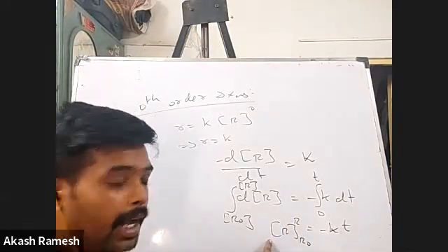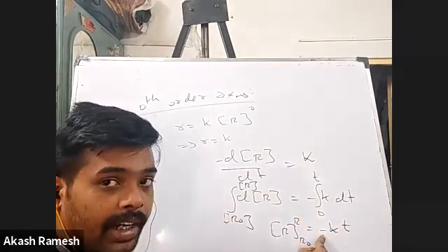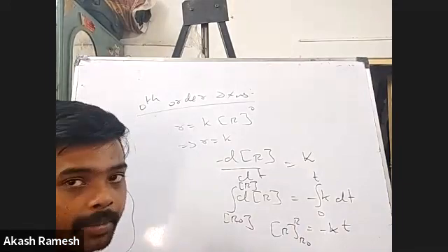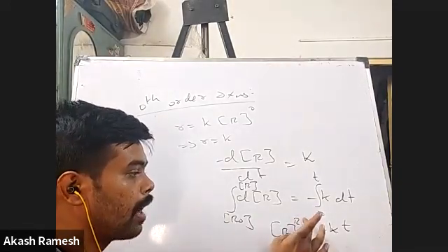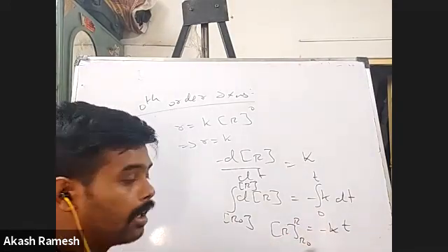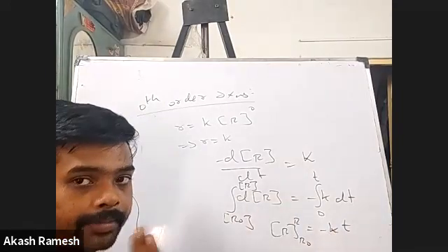If I take it this side, it is generally going to be upper limit minus lower limit. But since there is a negative sign, I'll write it as lower limit minus upper limit. No problem, right? Again, I repeat, generally it will be upper limit minus lower limit, but I have a negative sign here, so I'll write it as lower limit minus upper limit. That's it,